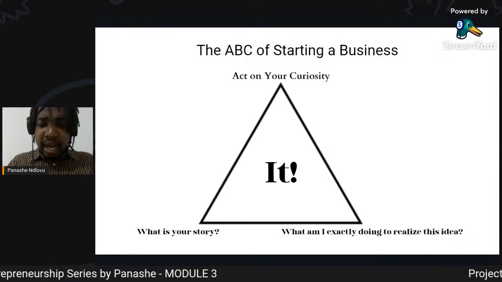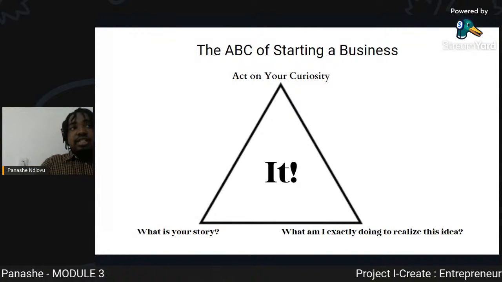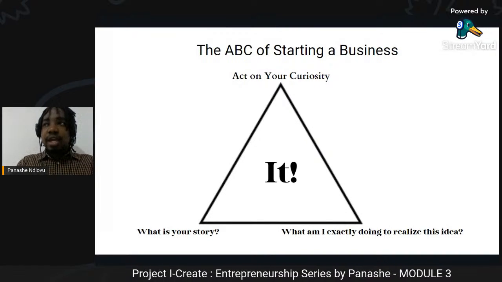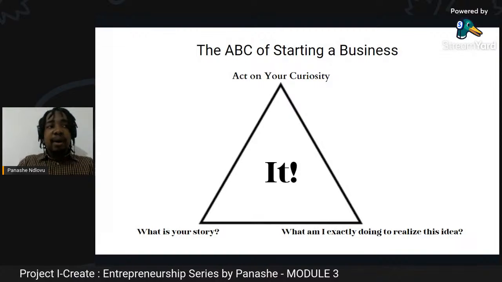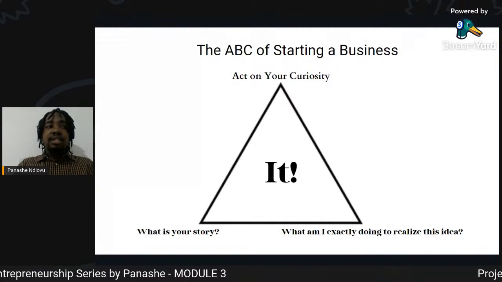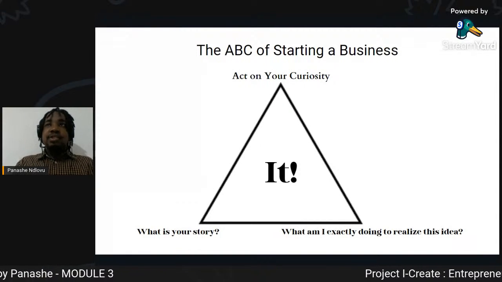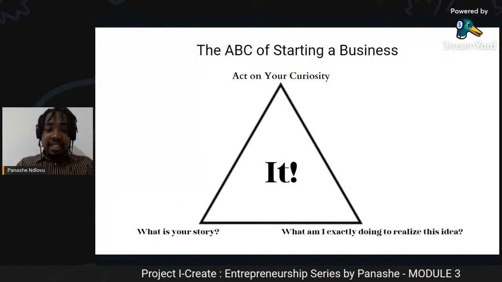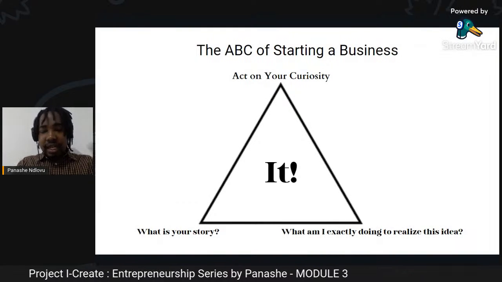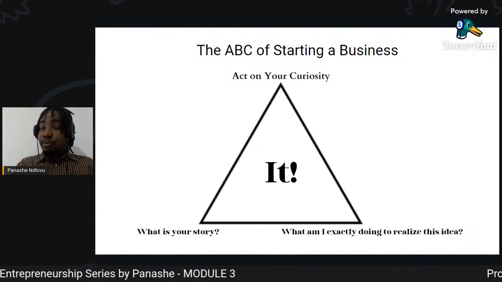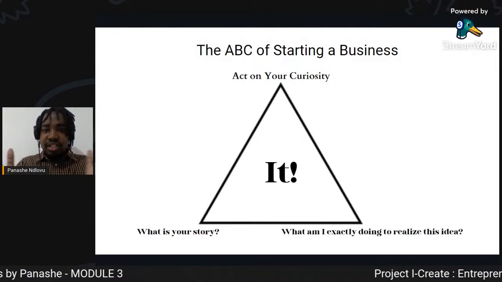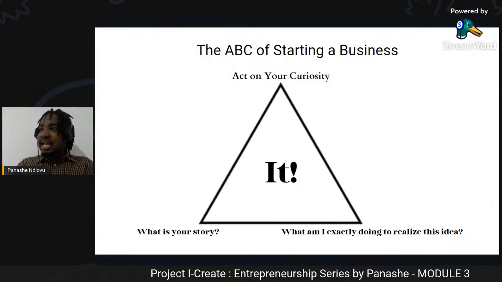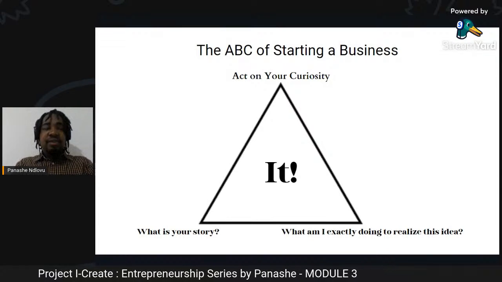The first thing that I'd like to talk about is acting on curiosity. Why is it important to talk about curiosity? Why is it important to act on curiosity? Why are we talking about curiosity when we are talking about starting a business? So sometimes when we get to the idea, now you've realized this idea, and you've literally come to this aha moment. You're like, oh wow, this is great news, this is a breakthrough. Now I've identified that this is definitely a business opportunity, and this is something that I would like to start.